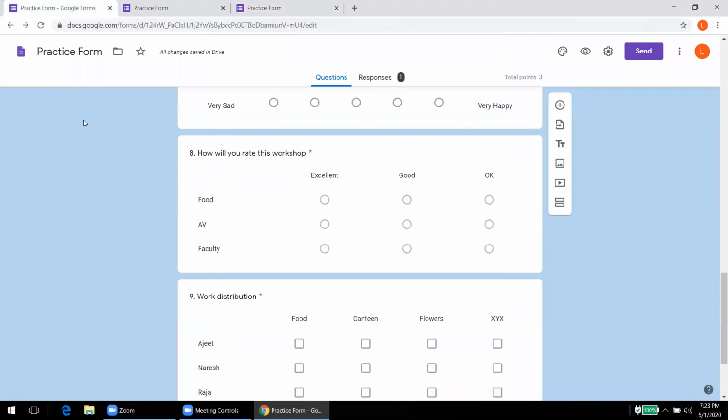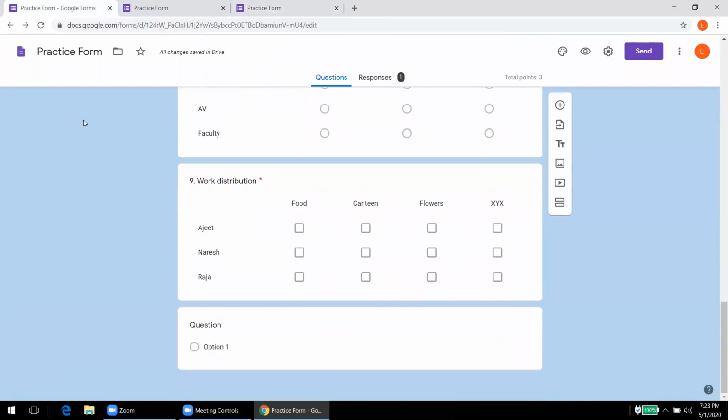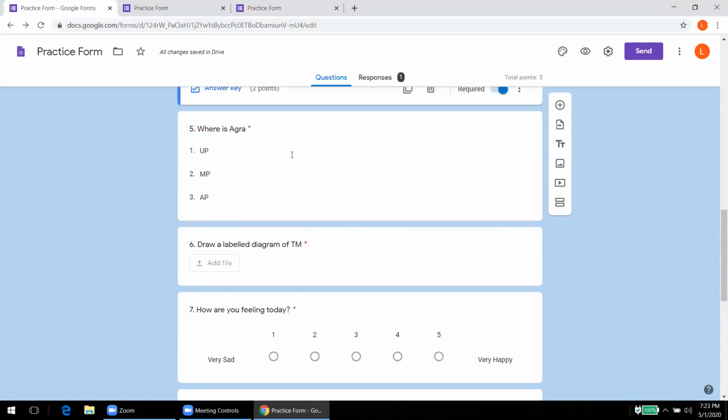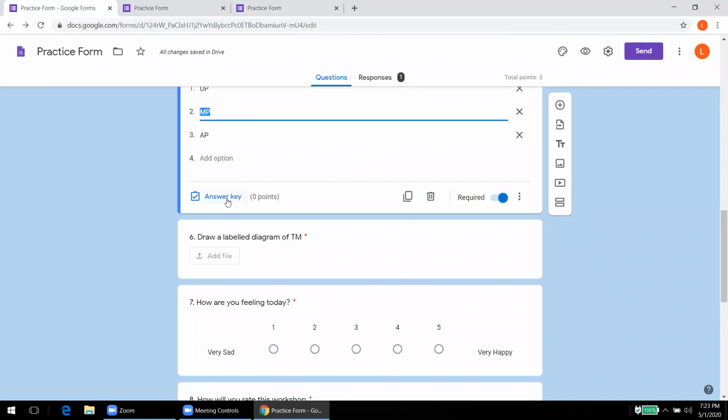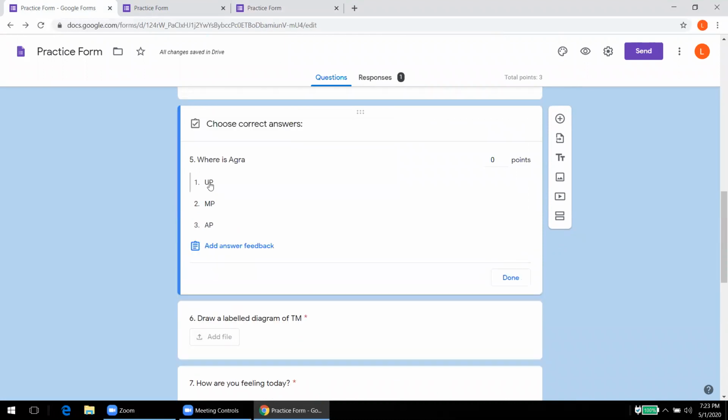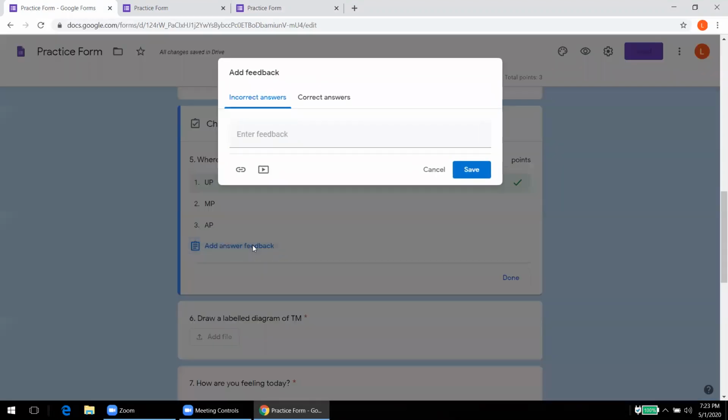Now, when we are giving such type of questions in which we are immediately telling them the marks, what we can do is we can write an explanation also. For example, in this question, this is the answer key. So in this question, the answer key can be UP. It is a correct answer. And then we can add answer feedback also, that why UP is correct.